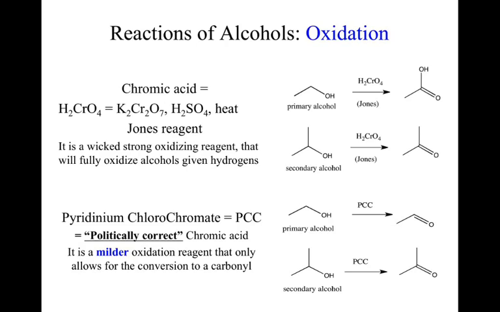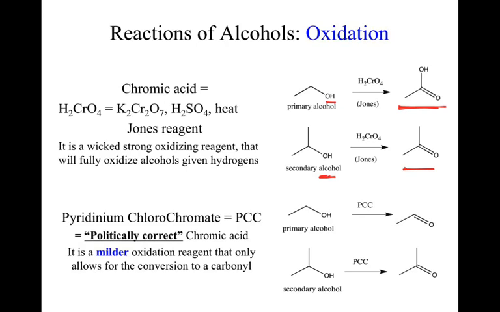Which means if I start with a primary alcohol, what happens? I go all the way down to the carboxylic acid. Okay? I do not stop at the aldehyde. Okay? The secondary alcohol will stop at the ketone, and it really didn't have much of a choice because, well, that's where that one stops. The other reagent that we can use is what's known as pyridinium chlorochromate, or more commonly referred to as